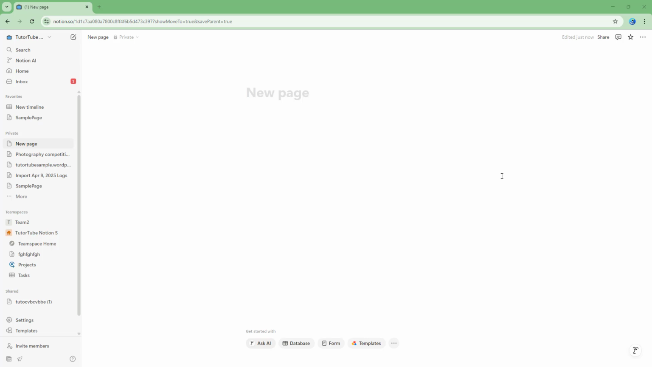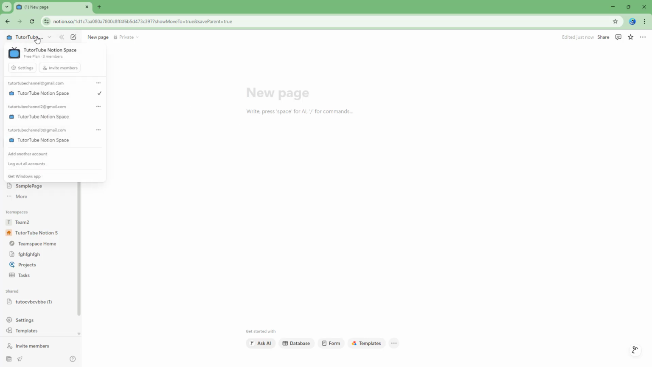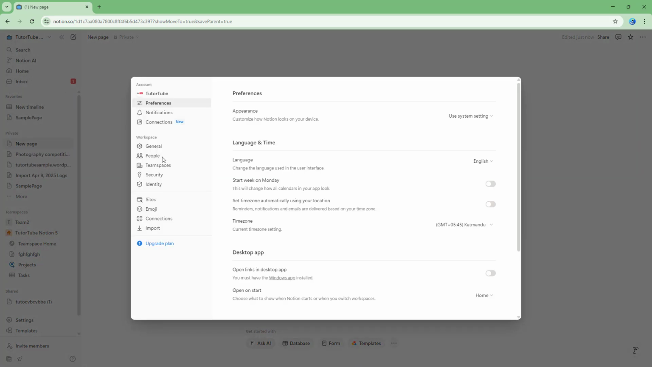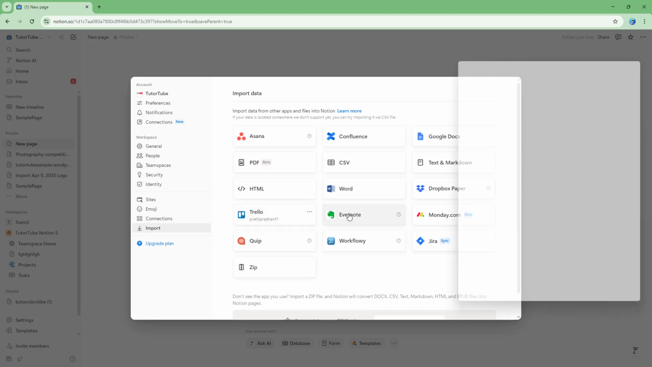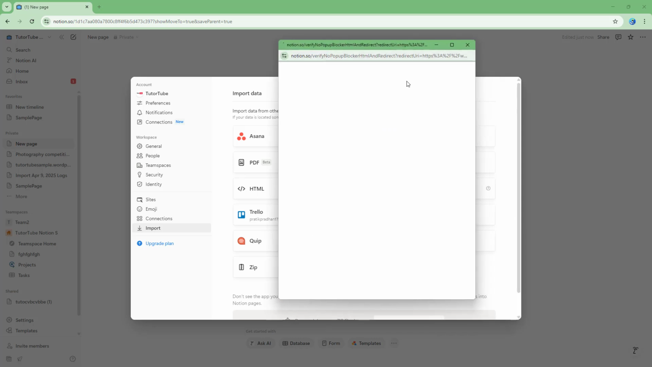So what you can also do is import your Evernote content inside of Notion. To do that, you can go onto, let's say for example, your profile right here, and then go onto settings right here. Once you do that, you can go onto import, and here you can see that Evernote is an option. So if I go onto Evernote right here,